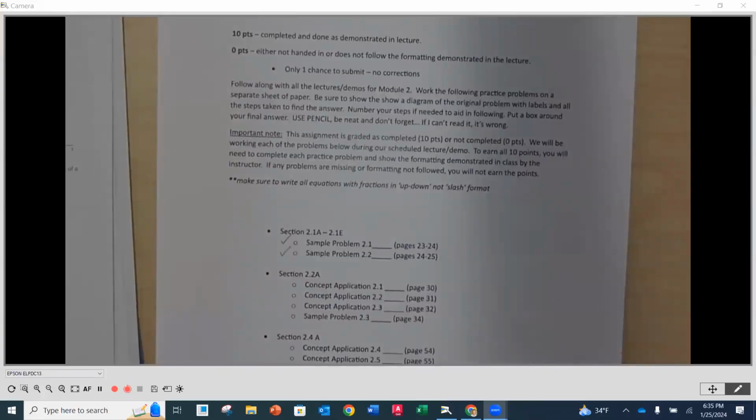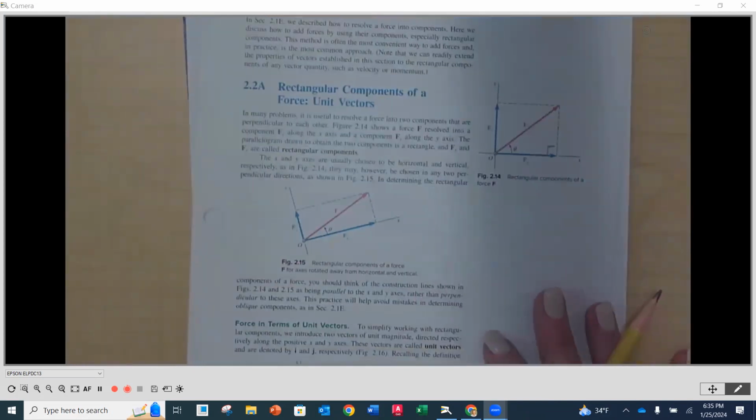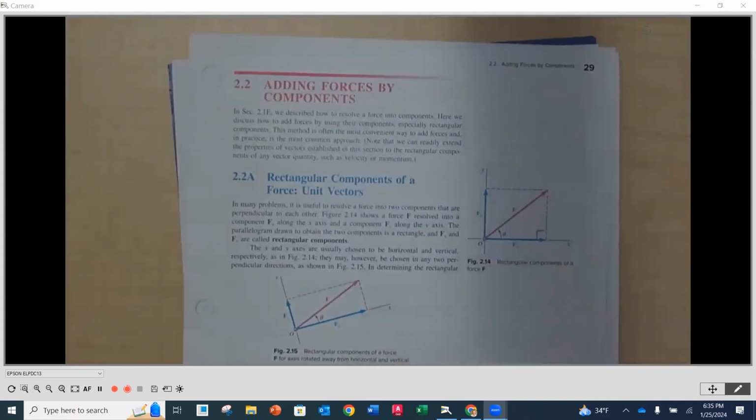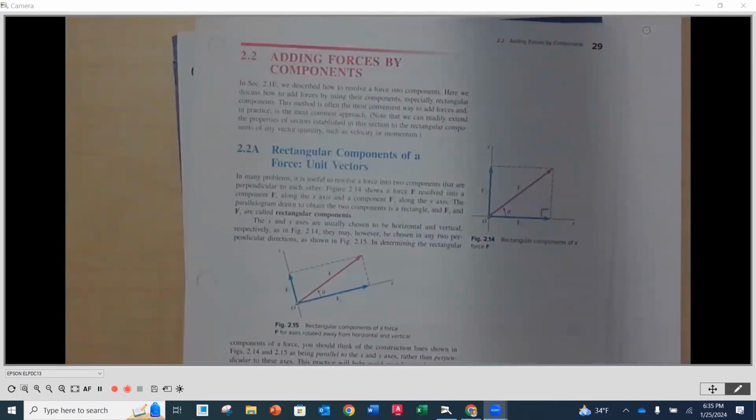And so yeah, we're going to continue on here to our very next section. So underneath, I am going to go to page 29 in our book. And our next section is about adding forces by components. But before we start adding and subtracting the components themselves, we have to make sure that we know how to